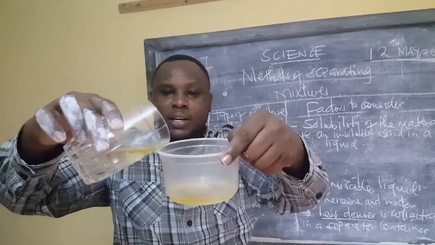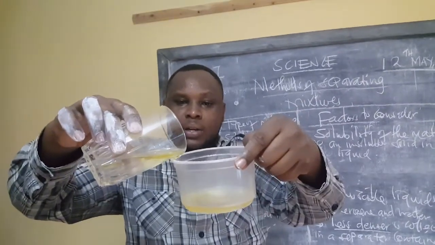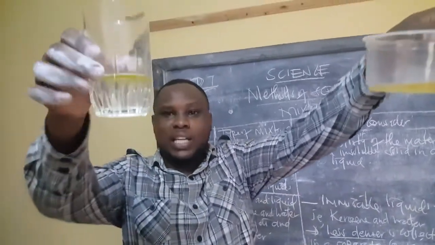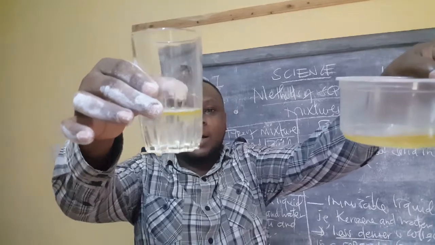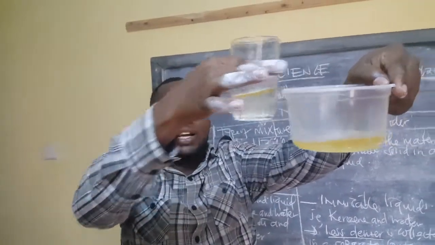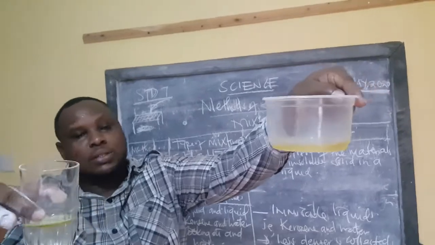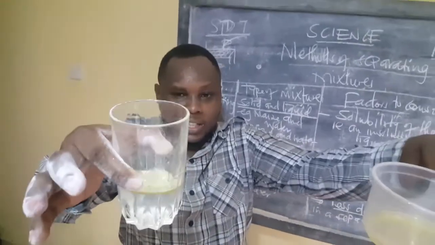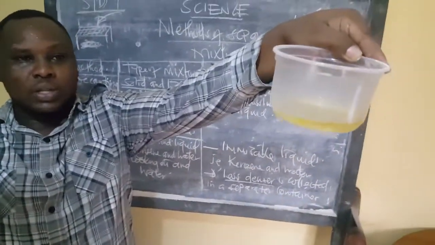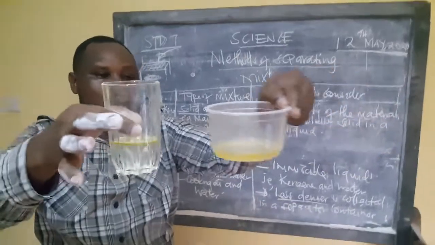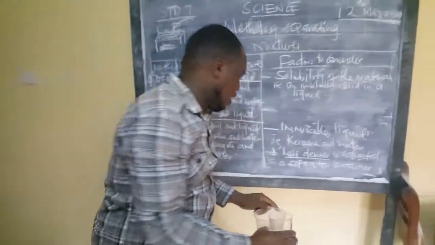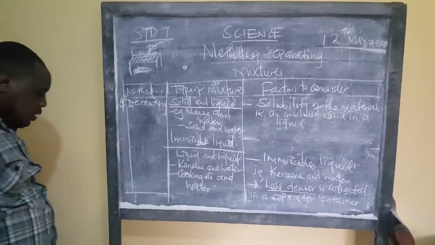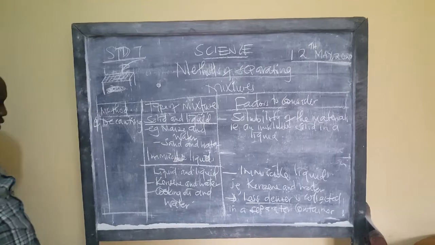Like I said, we are not going to remove everything, but at least you can see the amount of oil in the water has decreased, meaning it has entered here. So this is oil, you can see, but it has some traces of water. You can be able to see the amount of cooking oil in this side has reduced, and so it has come to this end. So that's how we can be able to separate immiscible liquids, Lana. So having done that, we move to the next method, and which is